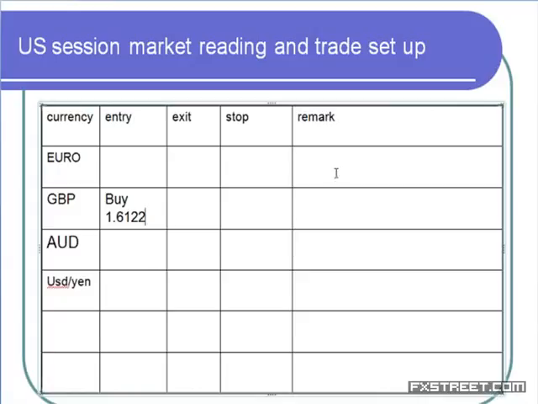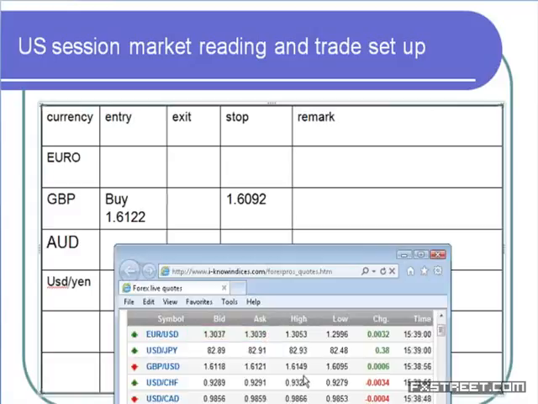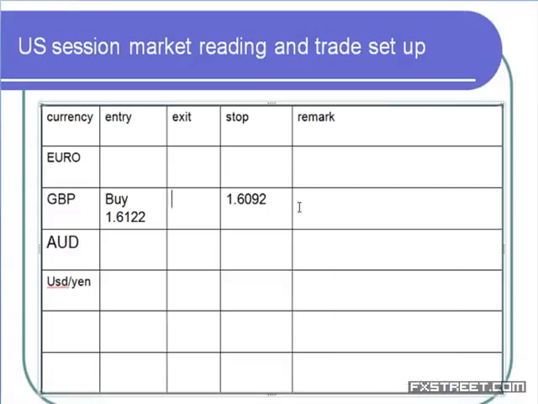So I'll take a buy at 1.6122, then immediately I'll keep a stop 30 pips below that. And the exit point, you know the current high, 1.6149. So we can keep initially 1.6149,